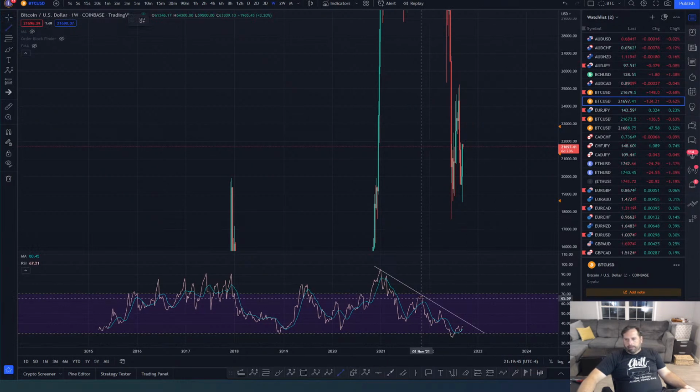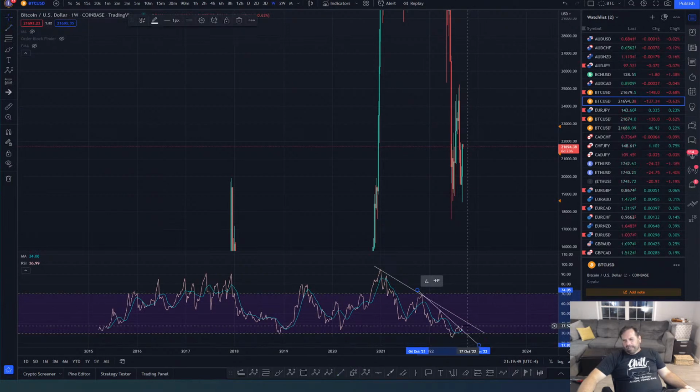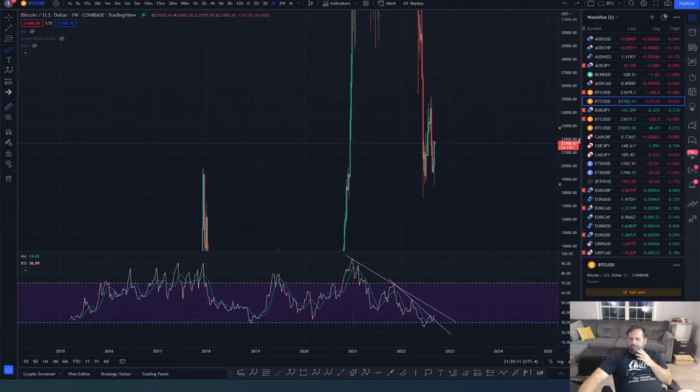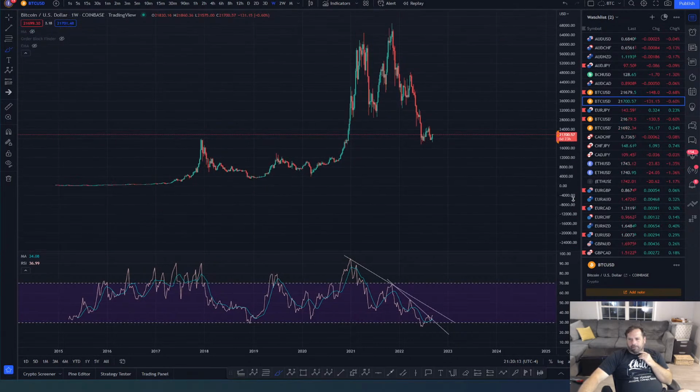You get a bit of bullishness here, breaking out of this trend. But I've seen this over and over, guys, where you get a little bit of a break out of this, and it will just roll back over into it, and then you just have to redraw your trend line. I'll have to look at the volume later on. King, but guys, I'm kind of all over the place because y'all are asking questions.